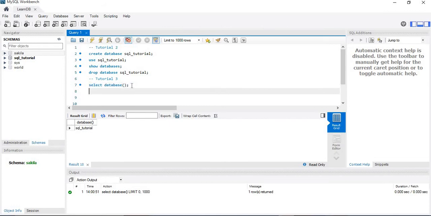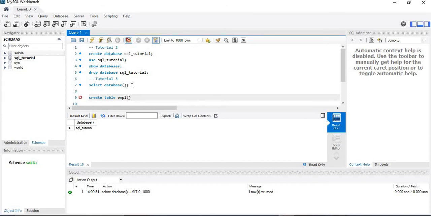Next, we create one table. For that, create table, table name. The table name is employee, EMP1.